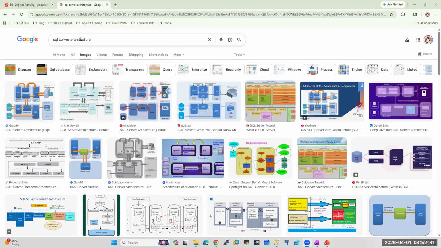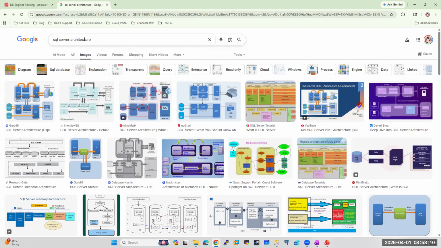As part of architectures, there are different varieties in SQL Server: the entire engine architecture, storage architecture, log file architecture, TempDB architecture, memory architecture. We have different architectures. Slowly I will make you strong in those architectures also. As of now, we are in the beginning, so we are going to discuss first the SQL Server architecture.